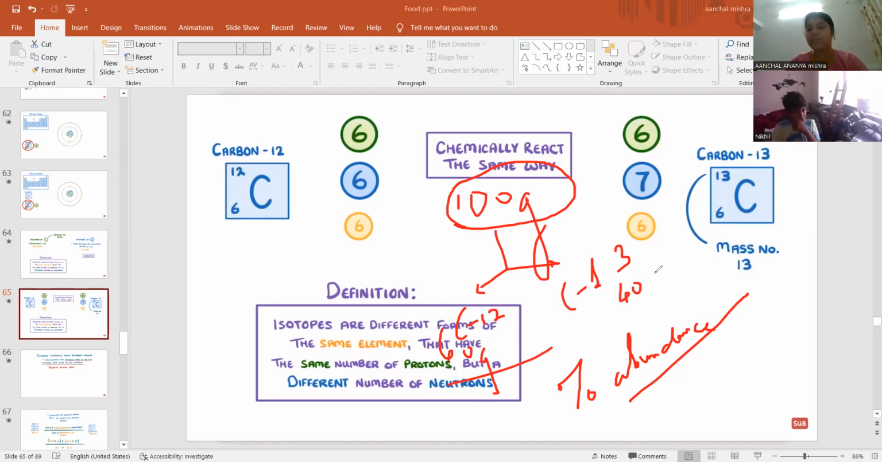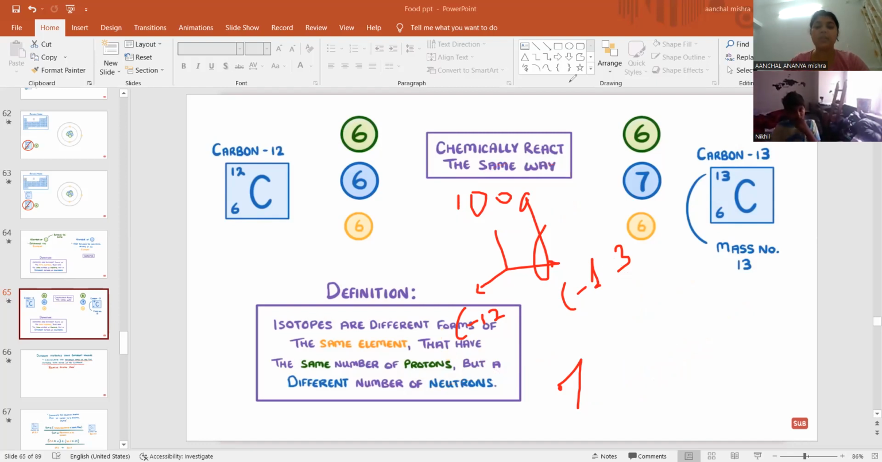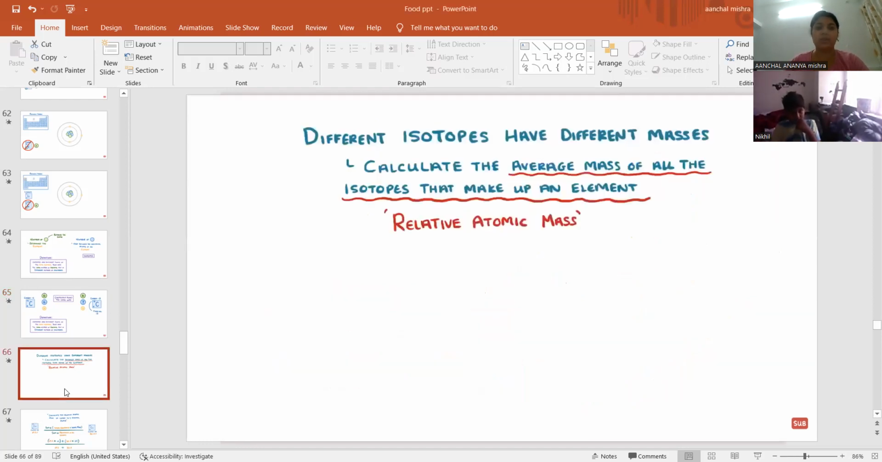So what will be the percentage abundance of carbon 12 in this sample? It will be 60%. And what will be the percentage abundance here? It will be 40%. Am I clear? Yeah, okay. So based on this percentage abundance and the atomic mass given, we can calculate the relative atomic mass or